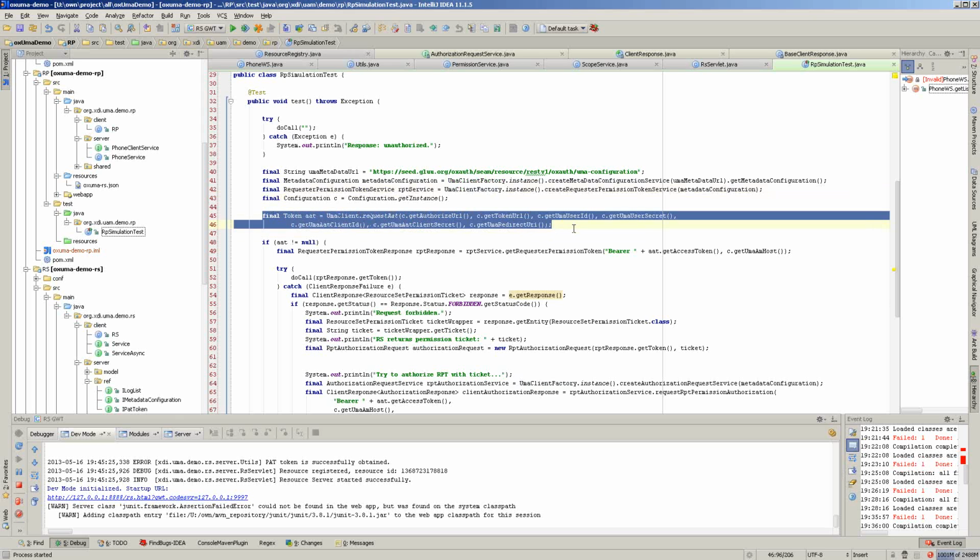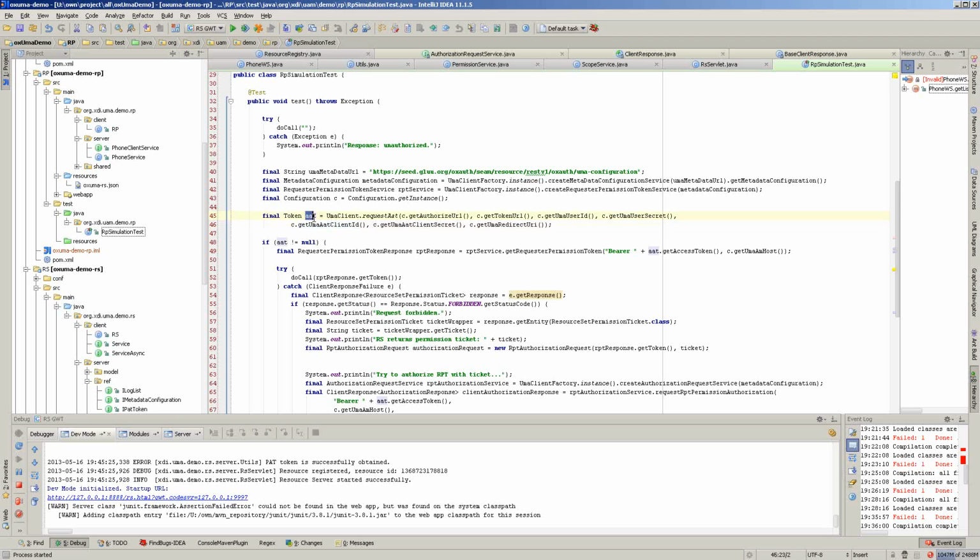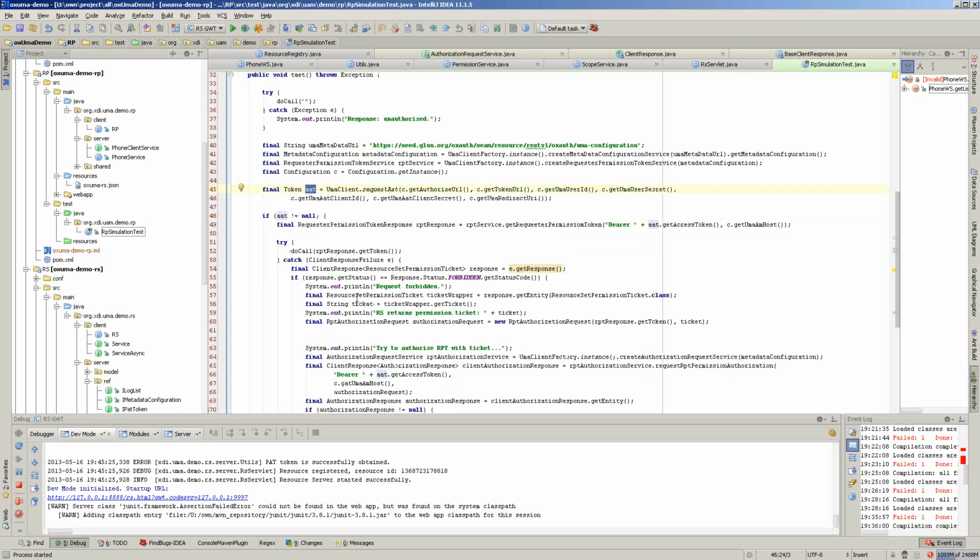In order to access the authorization server, the relying party must have an authorization access token first, and then to call the resource server, it must present a relying party token. So first we obtain the authorization access token, then we do a call to get a requester permission token,